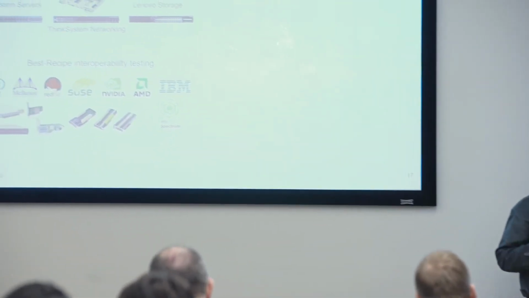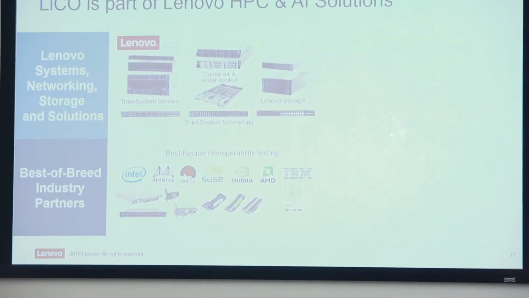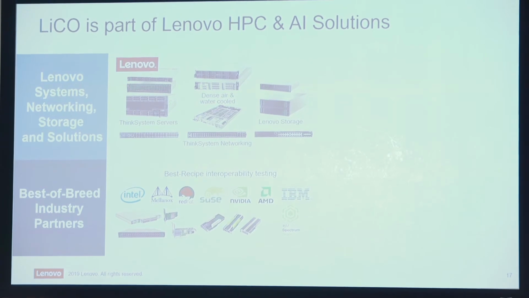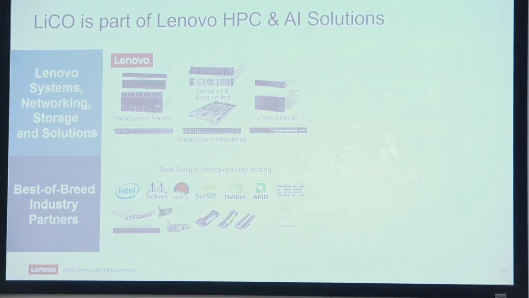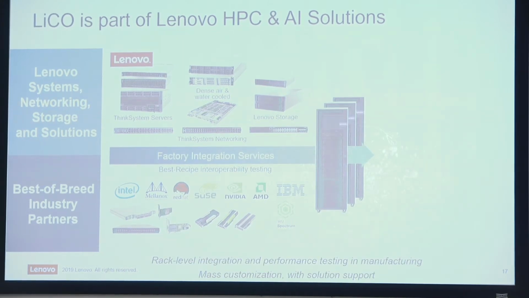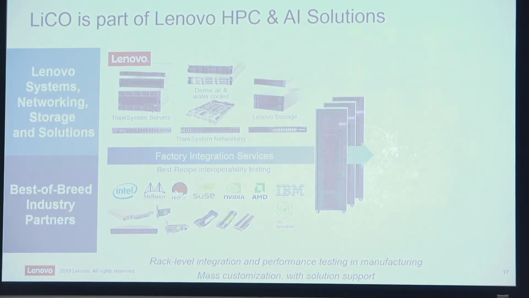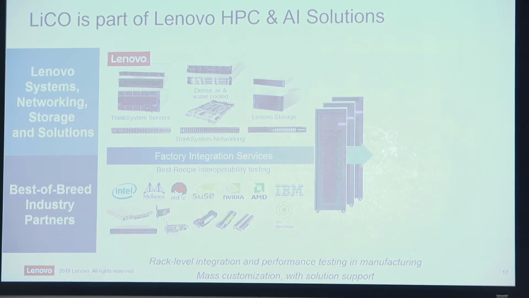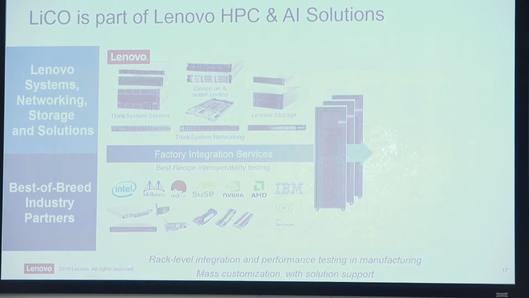And what we do in our HPC and AI solutions is we validate all of these components, all the firmware are interoperable, and find the right versions ahead of time that make these things perform. With that combined with things we can do in the factory in terms of doing integration at the rack level, being able to run things like LinPack to validate not only performance runs, but find fallout in the factory instead of when they show up on your floor. We can provide a solution that gives us mass customization, but with solution support.